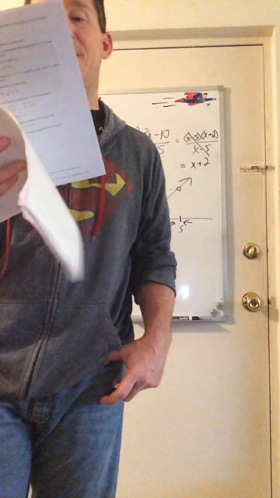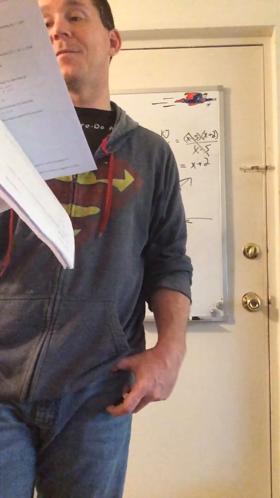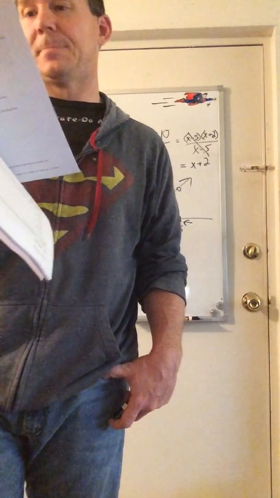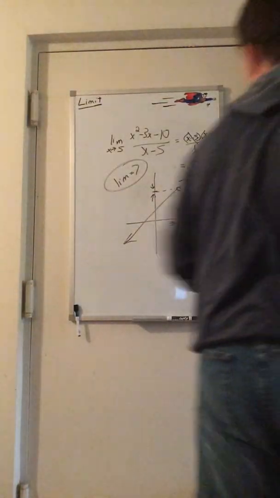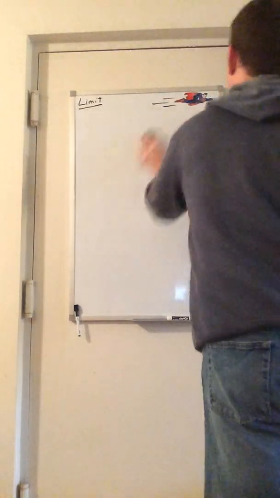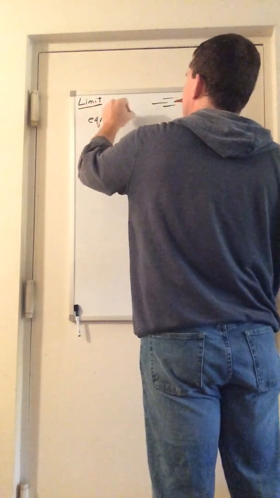Okay, I guess I'll do this one. Find the equation of the tangent line to the curve f of x equals the square root of 9 plus x at the point 0, 3. So, as far as the equation of the tangent line goes,